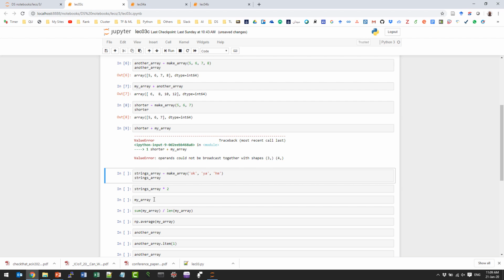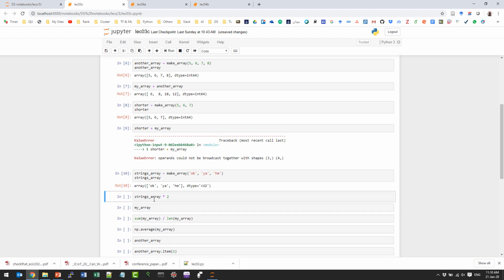Okay? Yes. First here, second here, and so on. How about this one? So this is making another array. Okay, but now the array is strings, an array of strings. Okay, if we multiply this array by 2,